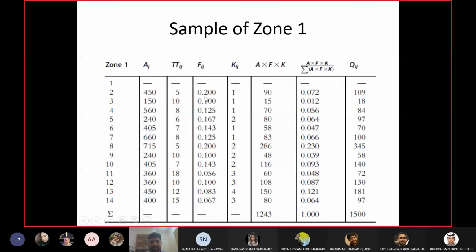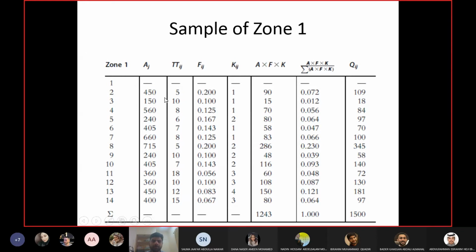Okay, now how did I get the F factor here? F is related to travel time. Who can tell me how to get the F factor if you know the travel time? Yes, come on. The inverse of the travel time. Inverse. Thank you. So you take the inverse of travel time, you get the F factor. And the K factor is the socio-economic adjustment factor. We have not discussed the calculation of this factor. It is given in the book, so we just take it as it is, whatever is given. So this is the socio-economic factor for zone 1, zone 2, 3, 4, and so on and so forth. So this is related to the zone itself.